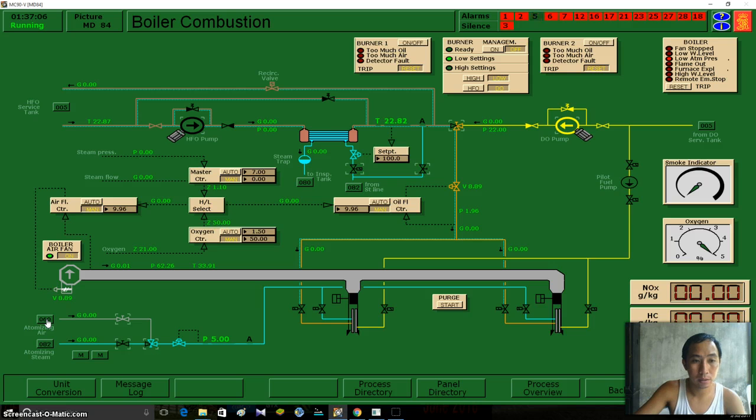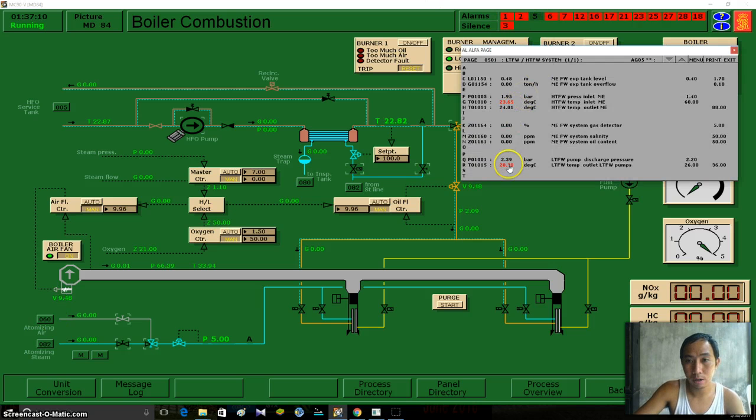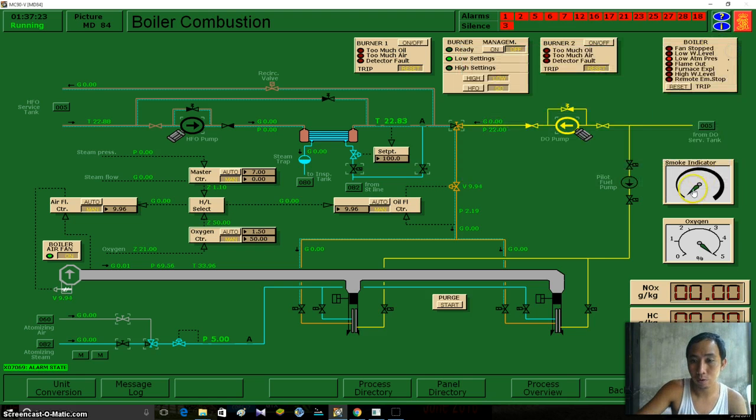Okay. Again, we have an alarm. So as we can see, pump discharge pressure, low temperature, low pressure, low temperature freshwater pump, low pressure. So just acknowledge it. We're going to check what happens.